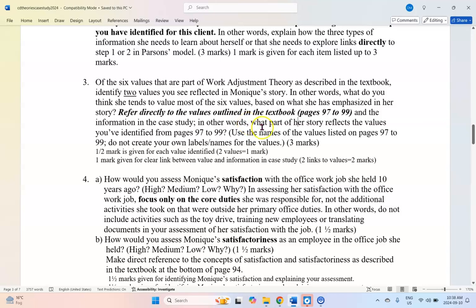So what part of her story reflects the values that you've identified? So you need to explain. You can give 2 values, but you need to also provide explanation of what you're seeing in her story. What do you see described in the case that fits with those values? Please ensure that you use the names of the values listed on these pages. Students will sometimes make up their own labels or names for the values and then end up going off track because they may have changed the name just enough to give the value a different focus. So again, please just look at these values on this page and use those as you are doing your analysis